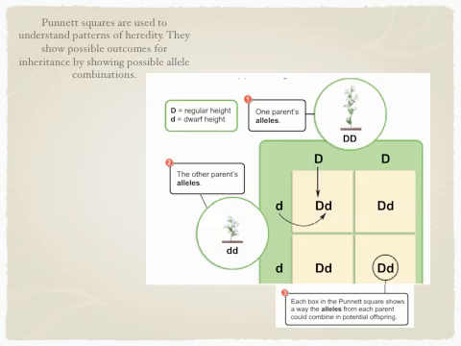But the tool that scientists use is something called a Punnett Square. And Punnett Squares are used to understand patterns of heredity. They show possible outcomes for inheritance by showing possible allele combinations. So take a few minutes and study this